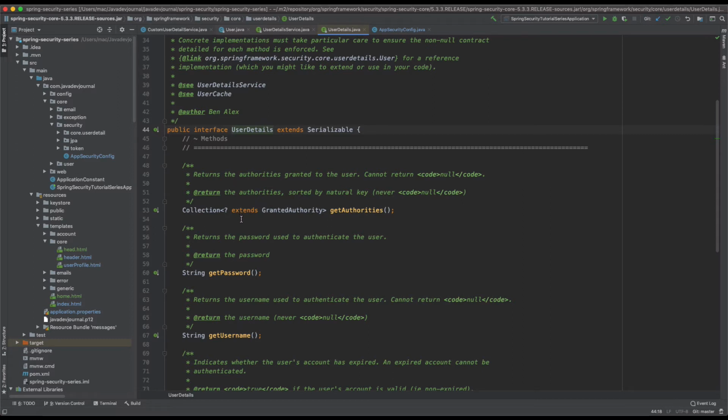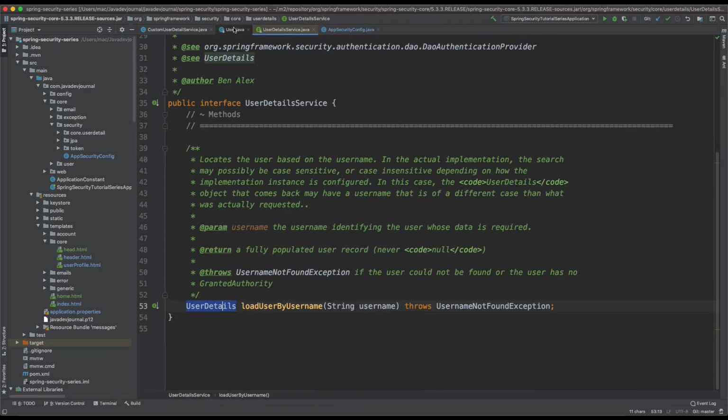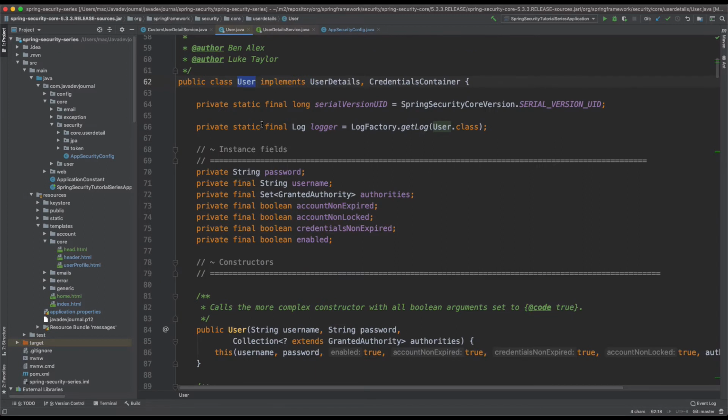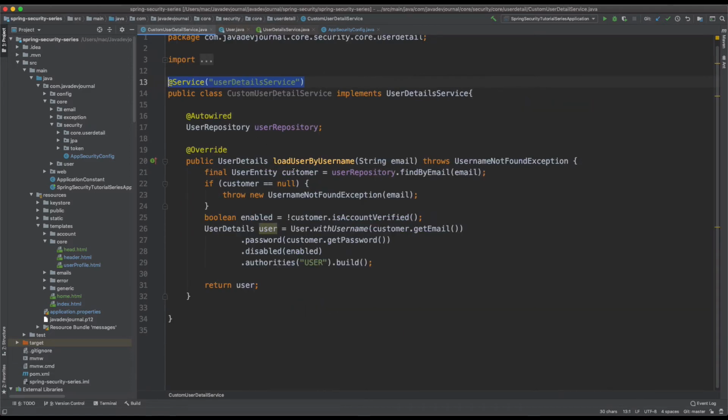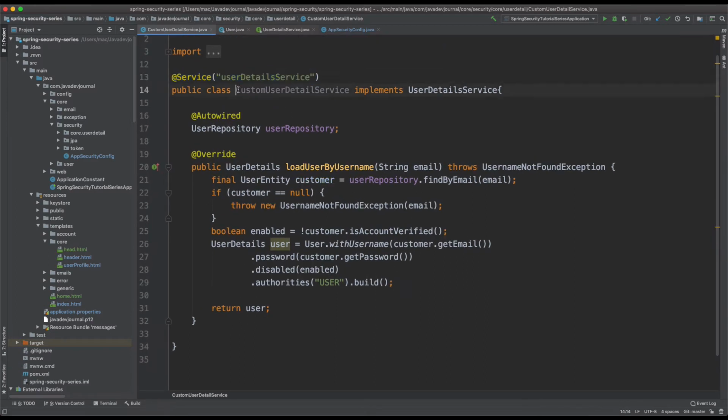Most applications will end up creating a custom user detail object. We will talk about that, but this lesson is focused on using the out of the box one. Spring Security provides you this User class, which for now will fulfill our needs. So now you are supposed to provide an implementation, and this implementation is going to be very simple. You basically need to know how to load the customer information, or a customer object, from the database.